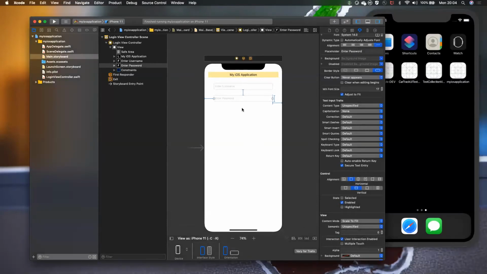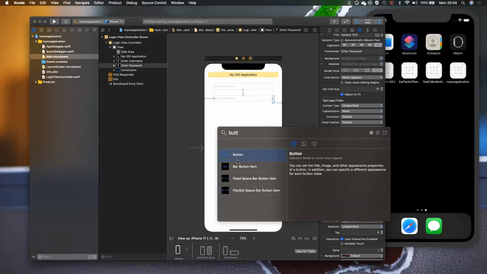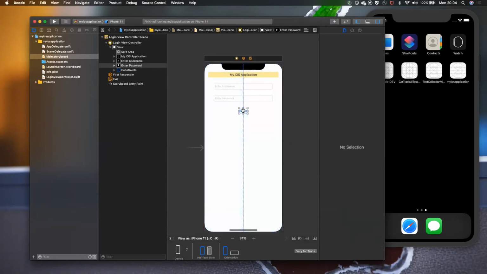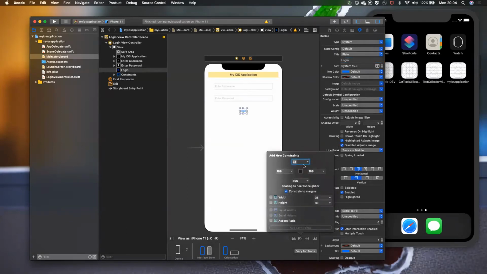And the next thing I will do is add a button. When you click on that button, you will be calling the login service. I'll add the button here, and replace the text with LOGIN. For this, we set the constraints differently. We won't be setting the left margin and right margin. Instead, we set the top position from the password field. It should be 34 pixels down, and I will set the height as 30, and the width as 70, and click on add constraints.